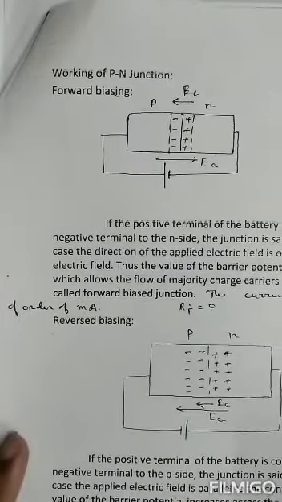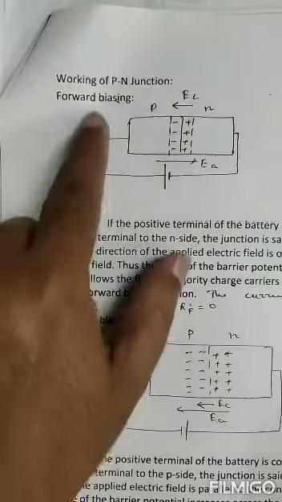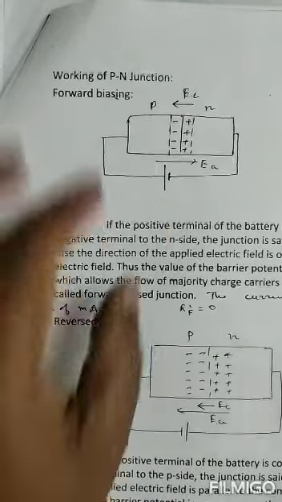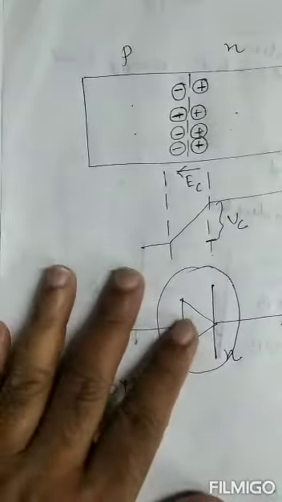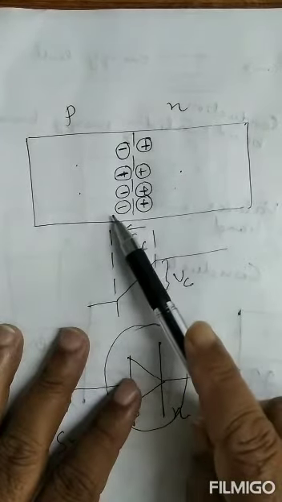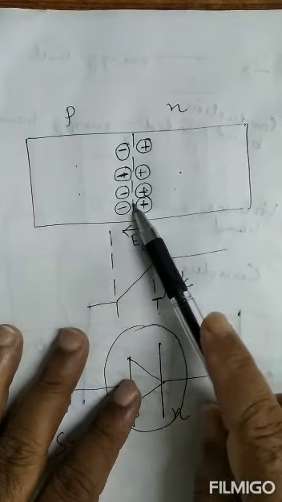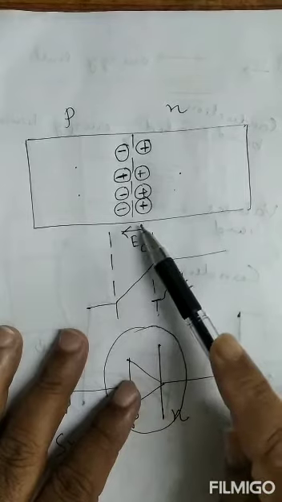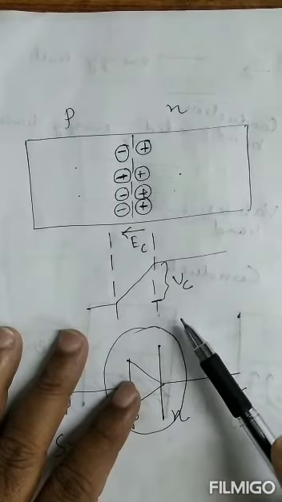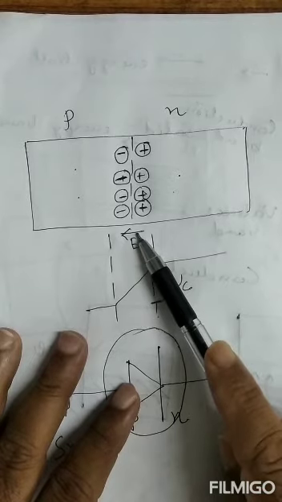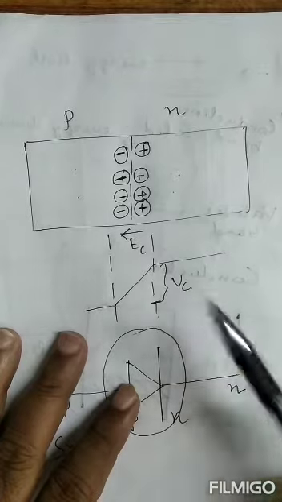Now we are going to discuss the forward biasing and reverse biasing of a PN junction. We know that in the PN junction formation, an electric field is created at the junction of the P side and N side crystal, which is directed from N side to P side. Due to creation of this electric field, majority charge carriers cannot cross the junction and current through the junction is